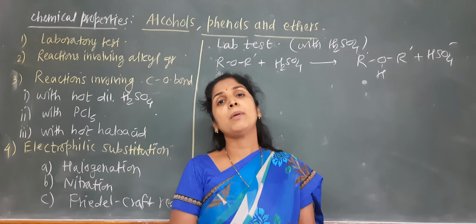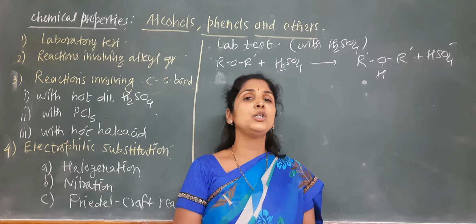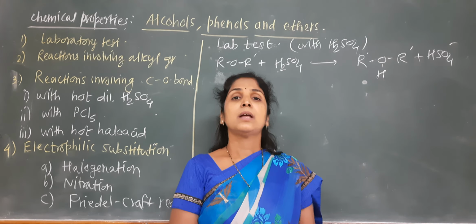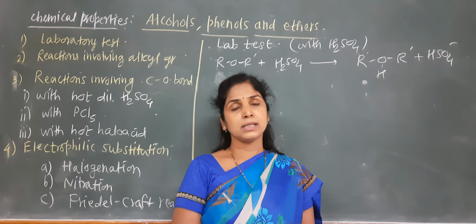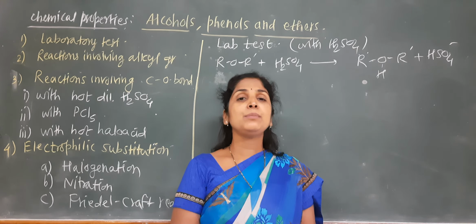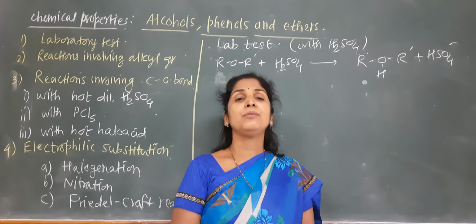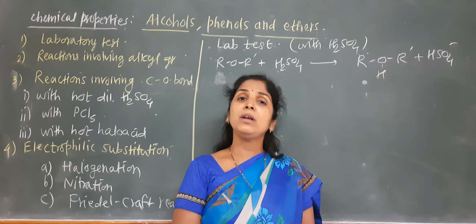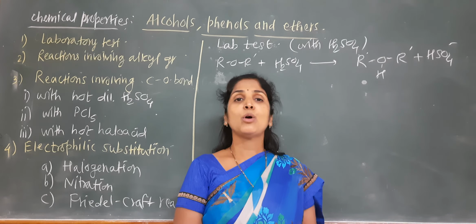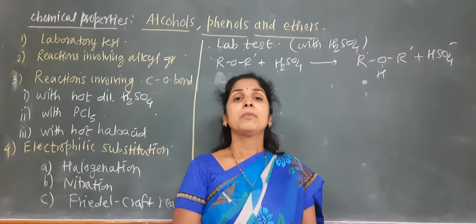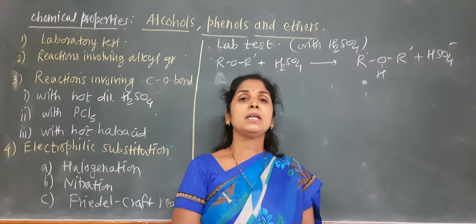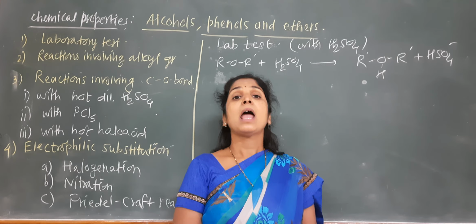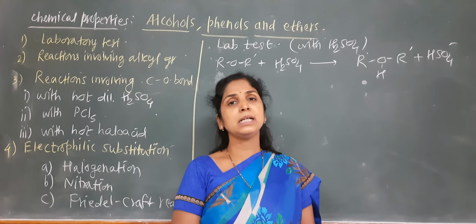Generally, when we talk about ethers, we say that ethers are neutral molecules. We are comparing ethers, alcohols, as well as phenols and the alkanes. When the comparison between all of them is done, generally we say that the alcohols are very weak acids. They give reactions only with sodium metal. They will not give any reaction with the alkalis. But the phenols are weakly acidic in nature, and hence they react with strong bases as well as metals.